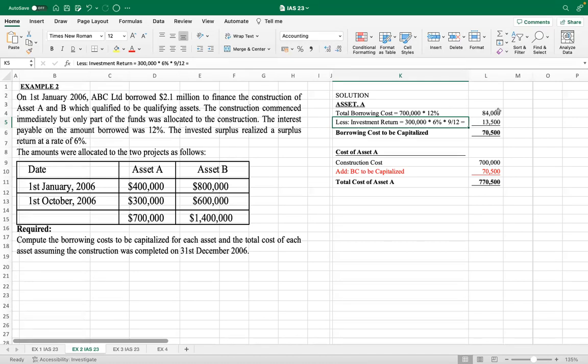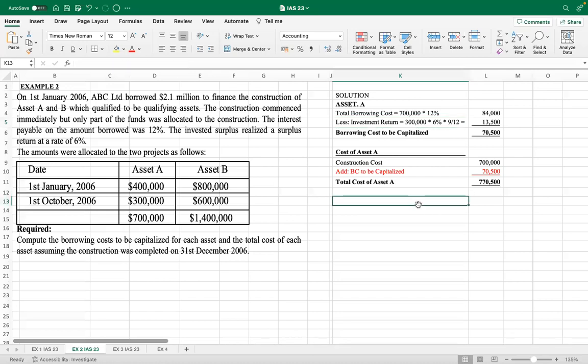And the last slide on the standard told us this investment return reduces the amount of borrowing cost to be capitalized. So you will not capitalize 84,000 because we had an investment return of 13,500. You take the total borrowing cost minus investment return. What you remain with is what is to be capitalized, and it is taken to the balance sheet as part of the cost of the asset. So if I ask you for the cost of the asset, you take the cost of construction plus the borrowing cost to be capitalized,